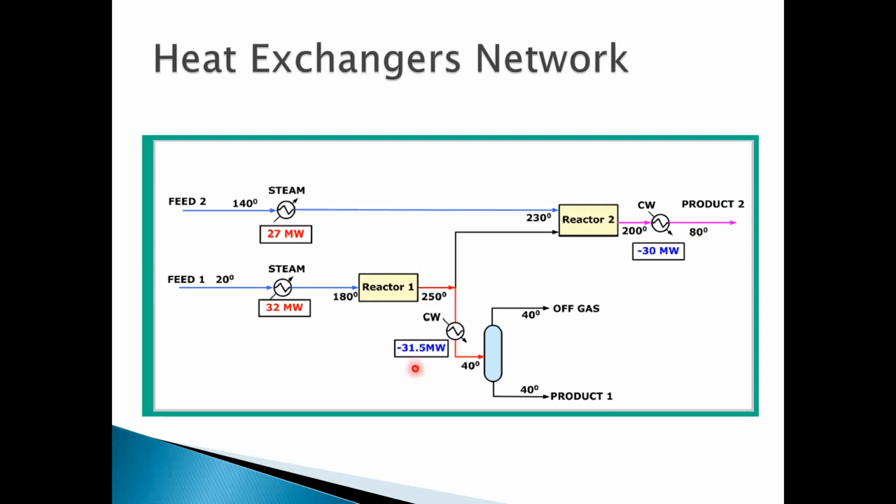Instead of having a utility heat exchanger, we can have a process-to-process heat exchanger, and that will save utilities. Instead of spending 59 megawatts, we may need much less than that. Instead of spending 61.5 megawatts for cooling, we may need less if we integrate these streams, the hot stream